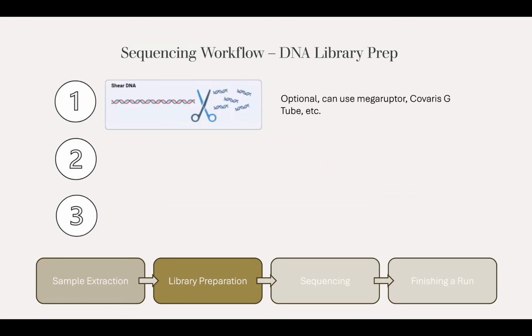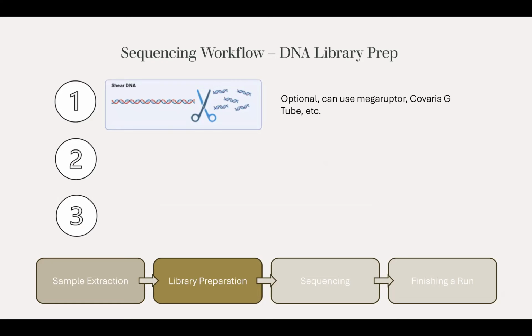Step one that I always do when I'm prepping a DNA library is to shear your DNA. So ONT is really great for these ultra long reads, but I found that for my purposes, I only really need like 10 kb long fragments. You can go longer. Usually when I do my DNA extraction, at least from cells, I get like 30 kb fragments, but